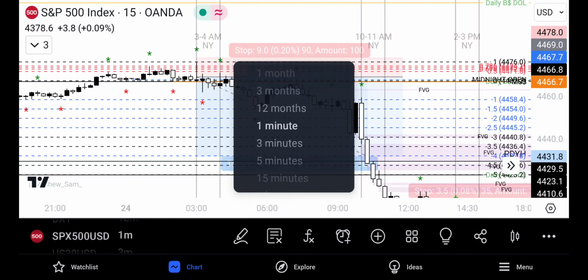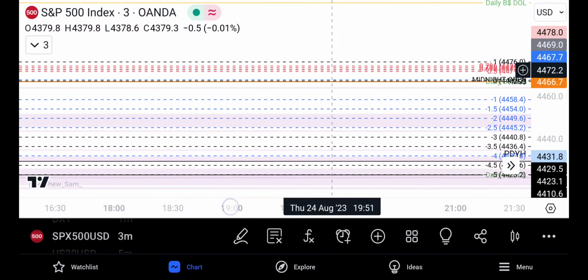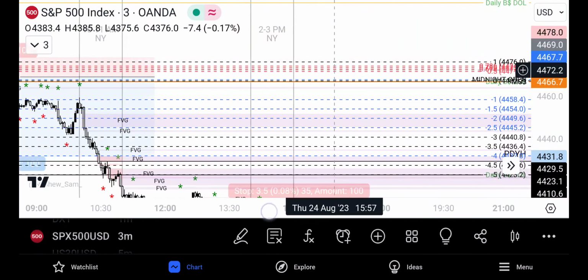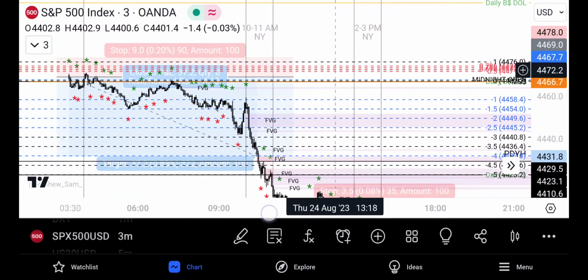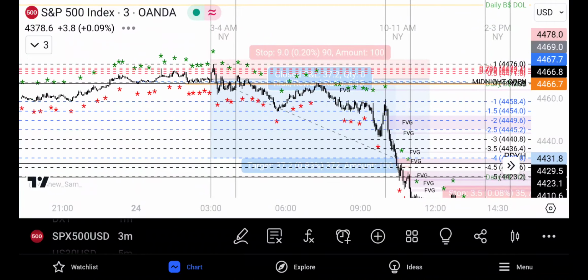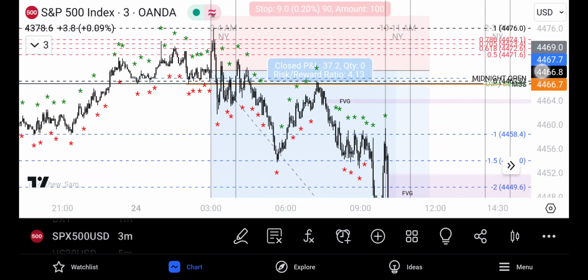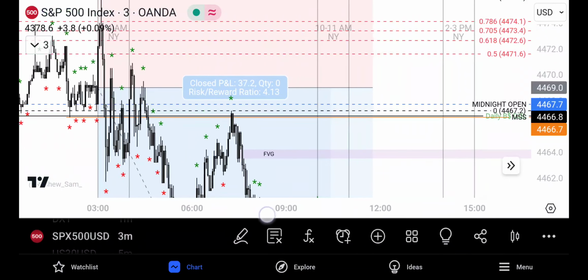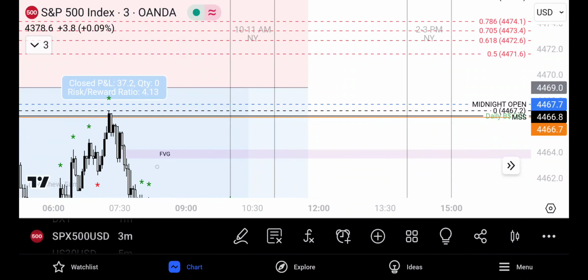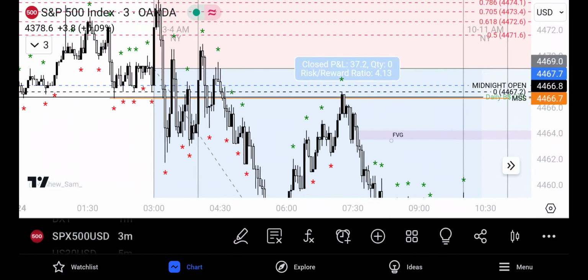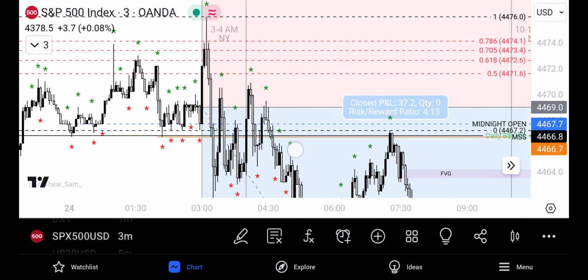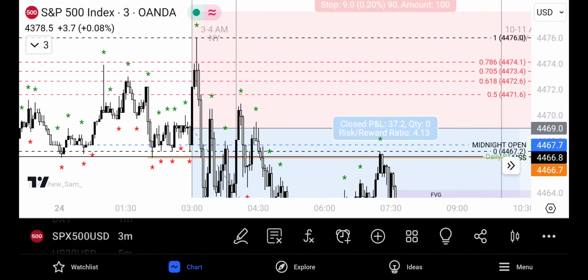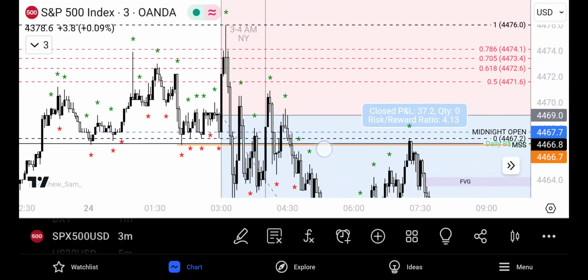Let's see, if I go to the 3-minute, we can look and see when I exactly got it, and it just worked out for me, guys. Because I would tell you most of the time that I try to hold these trades like this, it doesn't work out for me. But then again, I've kind of unlocked in my head how to project the week.